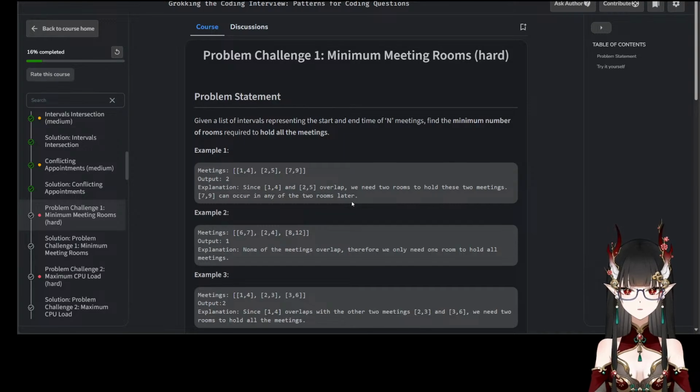Okay, problem challenge. Minimum meeting rooms. This is a hard question. Given a list of intervals representing